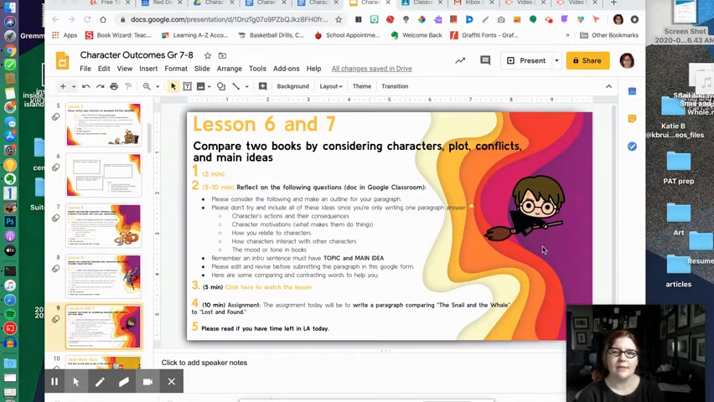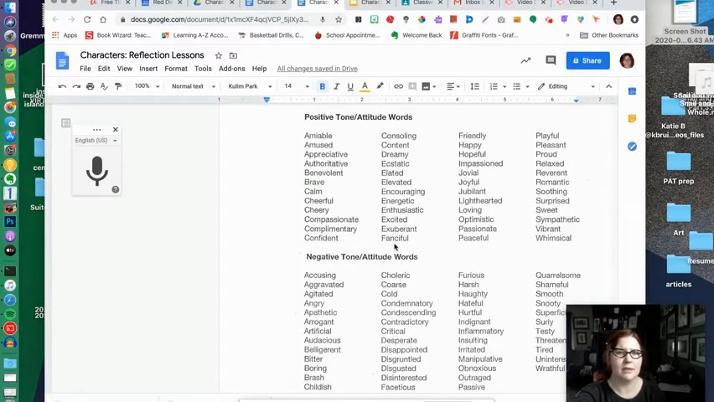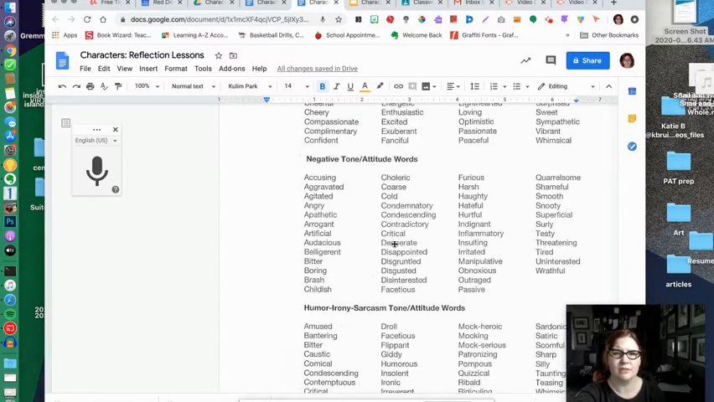Okay, I would really like you to edit and revise your paragraph before you hand it in. I want to see a finished piece here. And it is a comparing paragraph, which we haven't done before. That means that you're going to want to be using words for comparison. And I did include a list of those in your reflection document